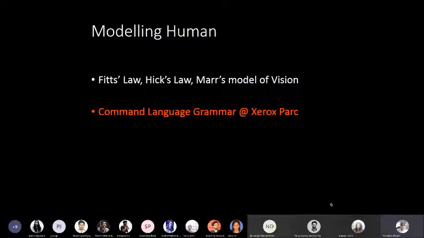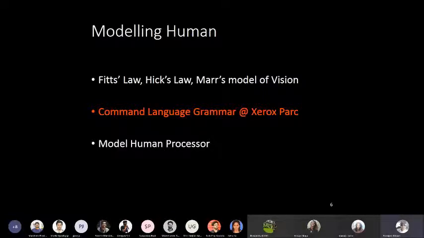So the first model that looked at modeling human factors, we can term as the model human processor. We briefly talked about it in the earlier lecture when we were talking about the SOAR cognitive architecture, and it was published in this famous book on the psychology of human computer interaction by Card, Moran and Newell. This can be considered as the first HCI user model that tried to model human factors, although pretty simplistically, but still it was a working model.